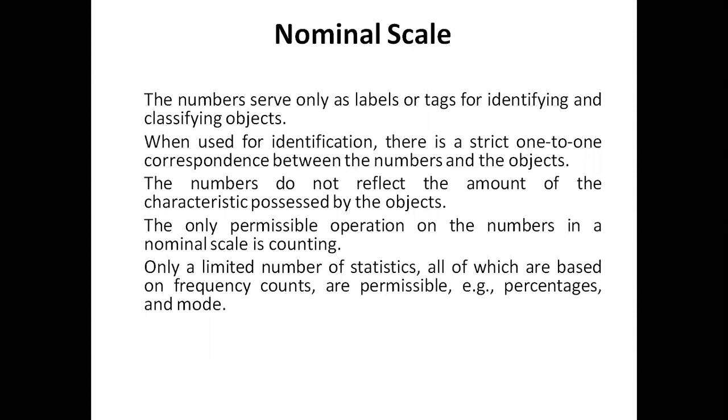Football players use numbers on their jerseys. They are just for identification. In a questionnaire also we use this nominal scale in the form of question number 1, question number 2, question number 3, question number 4 likewise, and for options, option A, option B, option C, option D, just for identification purpose. Hope it is clear. These are called nominal scales.